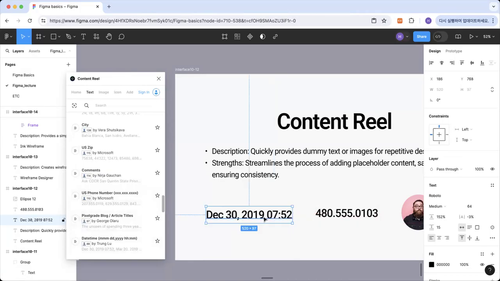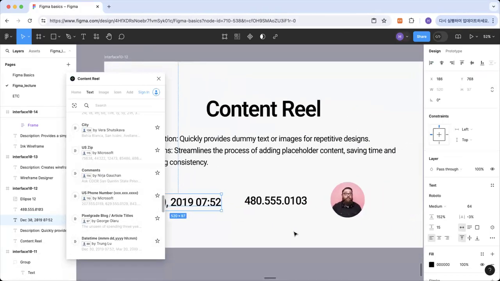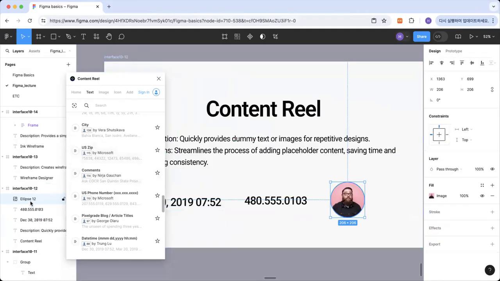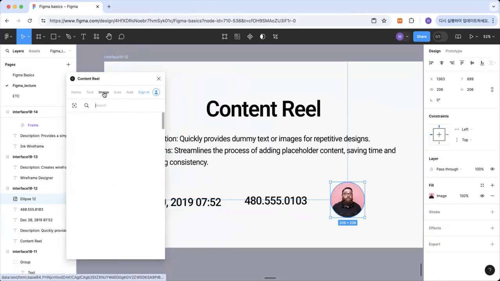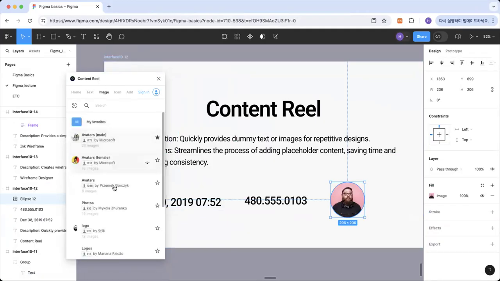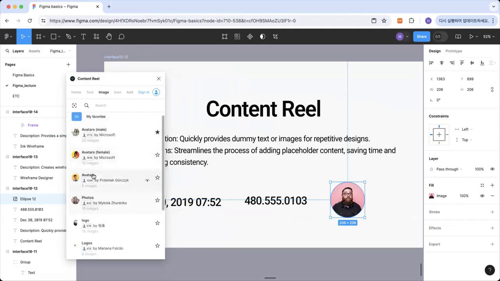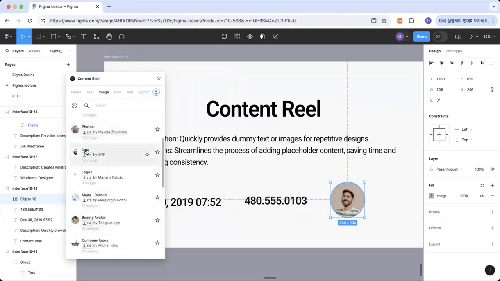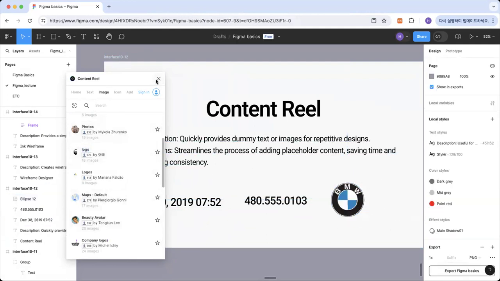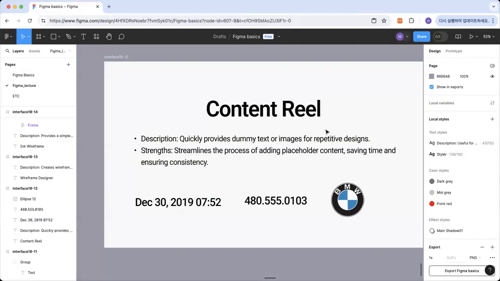Very useful. You can change this icon to the other images. Yeah, like this. Okay, anyway, now let's move to the